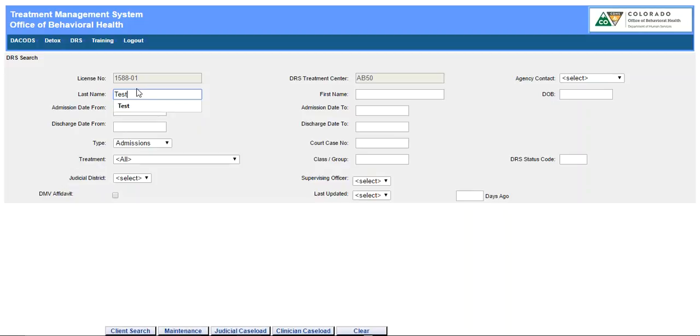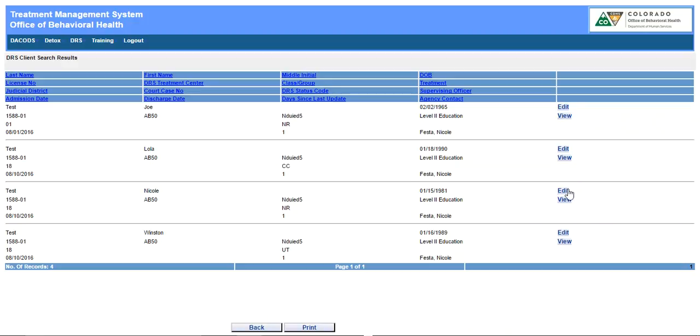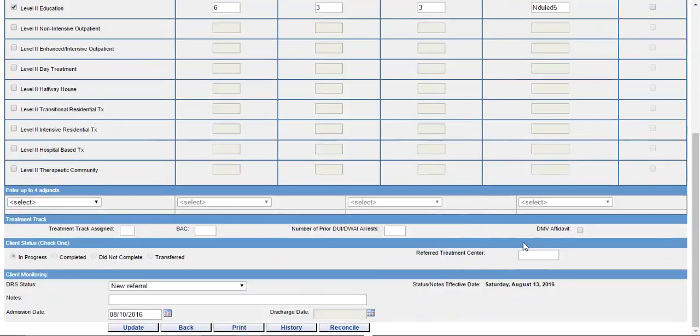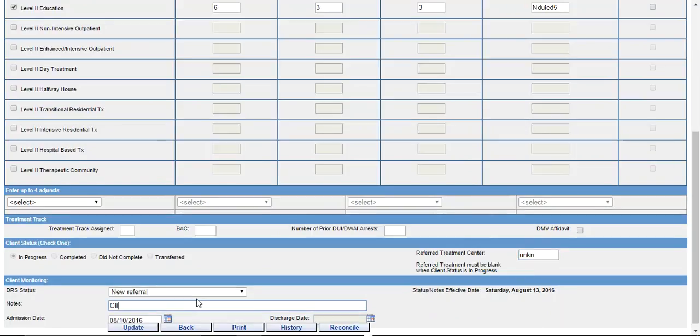So if they say, yeah, I'm going to transfer over to Arapahoe House, then you can go in here, you could put unknown in the box. That's how I do it there. And then put client transferred to Arapahoe House. And obviously you would hit this